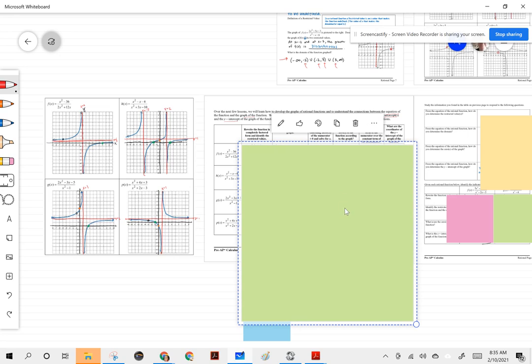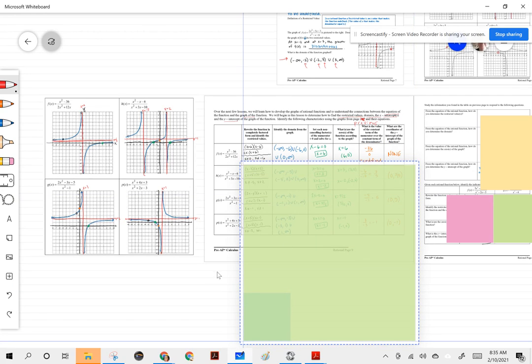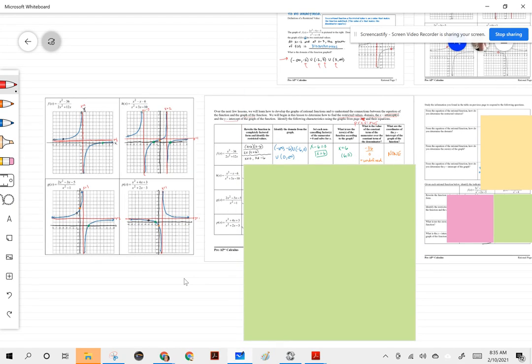All right, so let's take a look at what we should have had for f of x. If we notice, I factored, and I also identified the restrictions, right? X cannot be 0, x cannot be -6, and I tried to color code the domain of the graph. So -infinity to -6, -6 to 0, and then 0 to infinity. And then on the green, you will notice that those are the